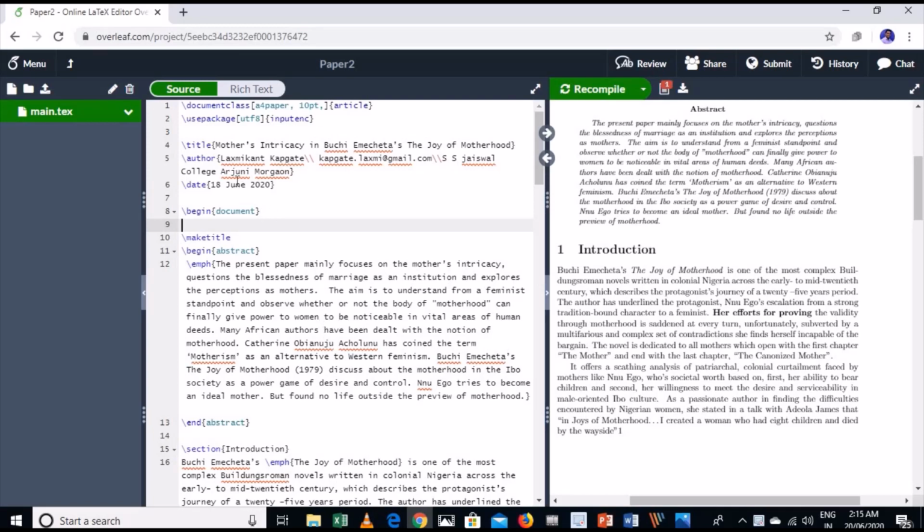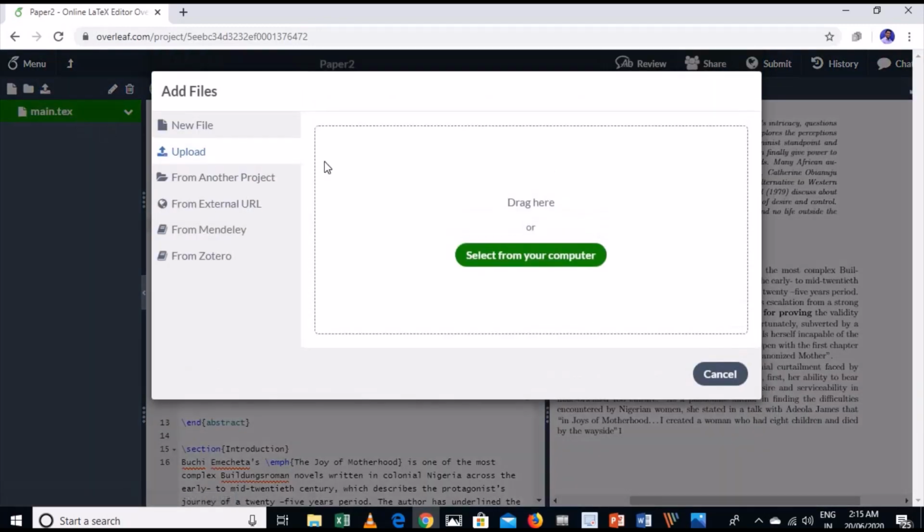Before this, only JPG format files are supported in this paper. So first you go to the upload section and click on that. It says select from your computer.